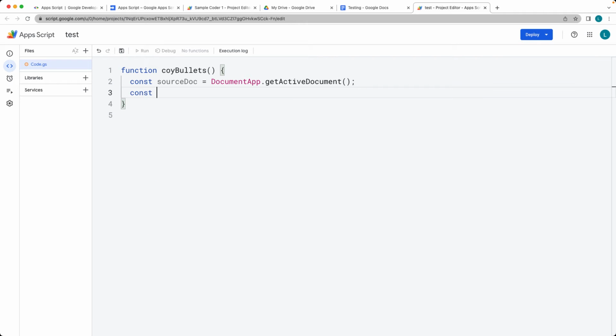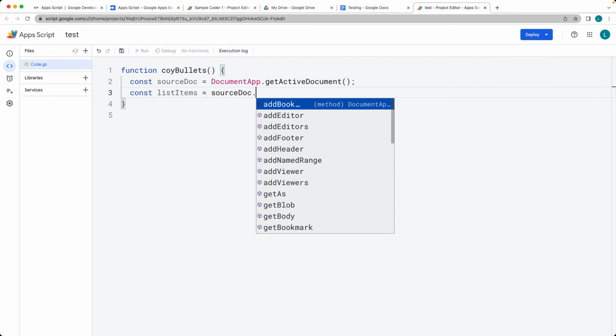And we want to get all of the bullet list from the active document. So this is going to be the list items within the active document using the source doc object that we just selected, which is the current active document. And this can only be done with a bound script. If you're using a